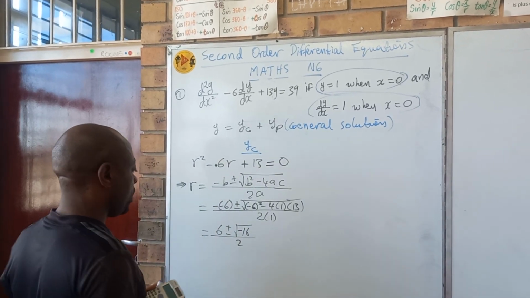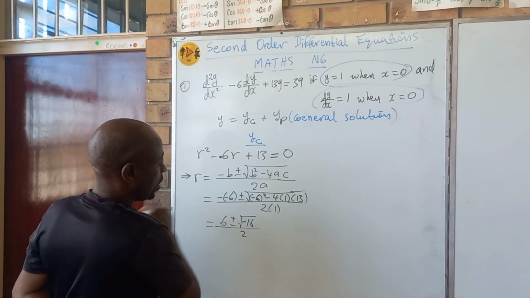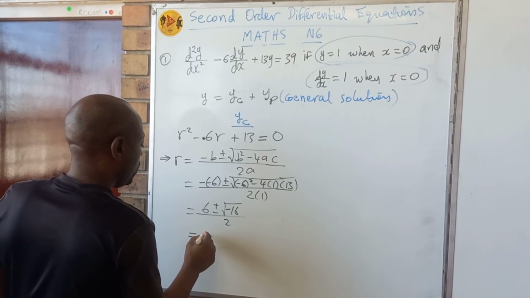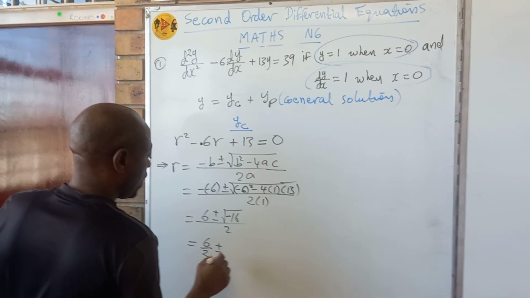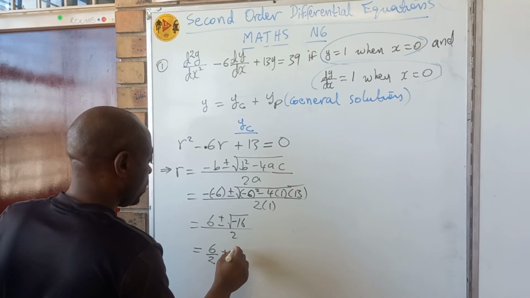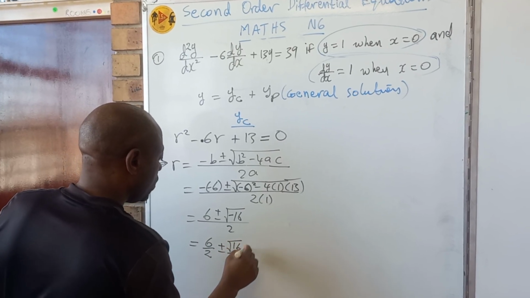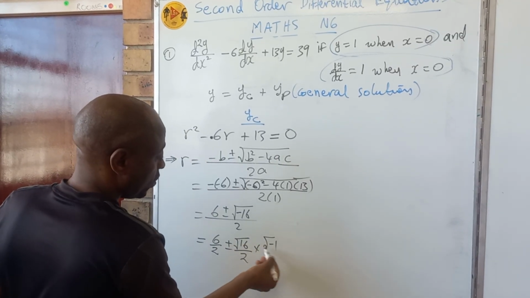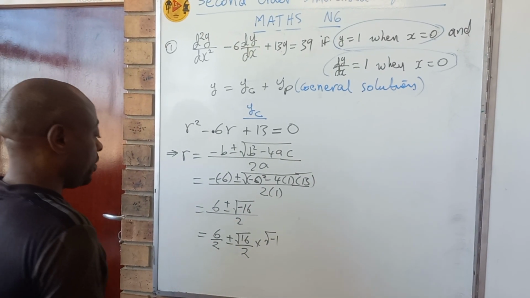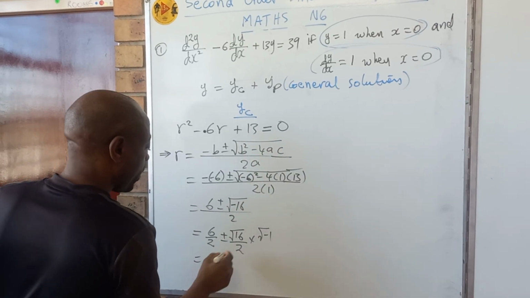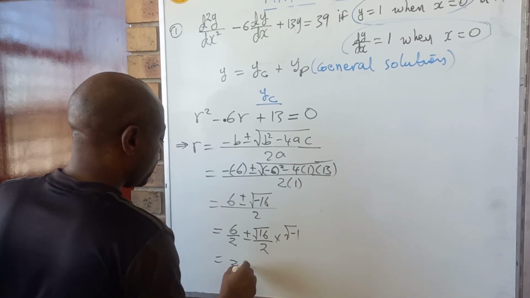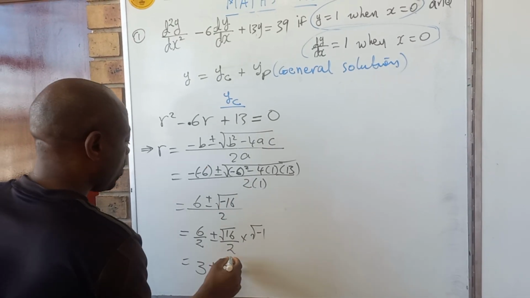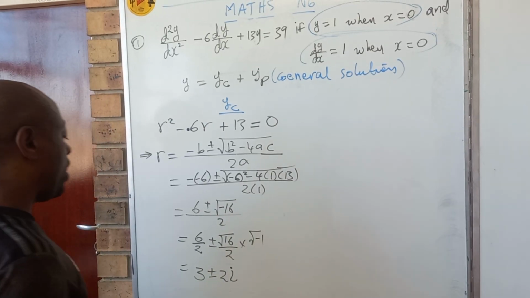So you see why I said this one is not easily solvable, because with your calculator you can't get the square root of a negative number. This is where complex numbers step in. So this will be 6 over 2 plus or minus the square root of 16 over 2, times the square root of negative 1, knowing that the square root of 16 times the square root of negative 1 gives us the square root of negative 16. So the first term will give you a 3, root 16 is 4, 4 divided by 2 is 2. The square root of negative 1, from our knowledge of complex numbers, you can call it an i or